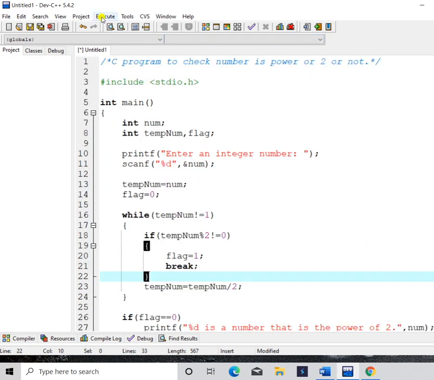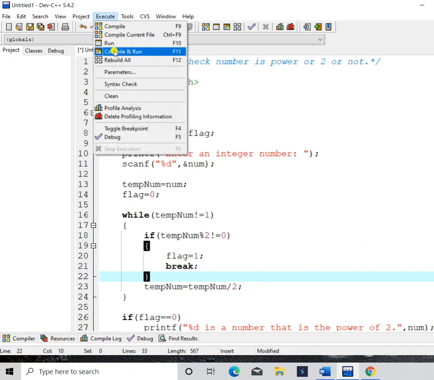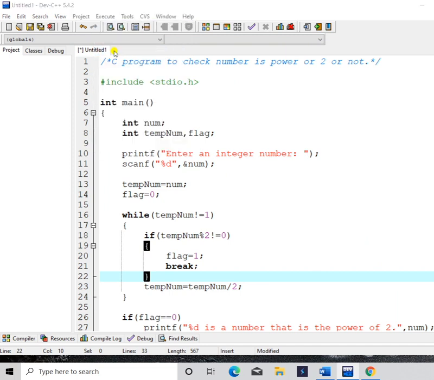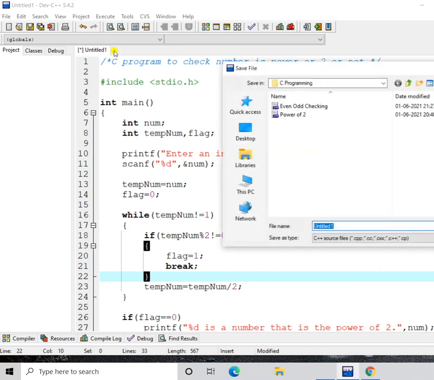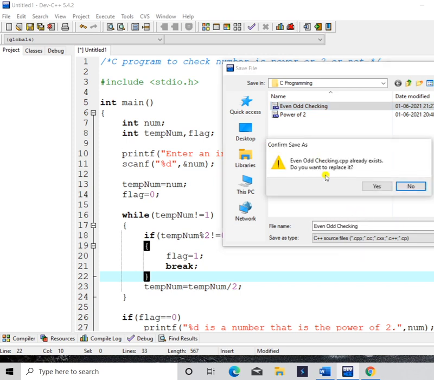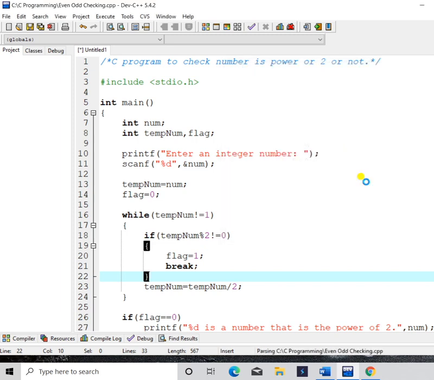So I am going to compile this program, and I am going to run this program. So let's see. Here I am going to save. Yes, I want to replace it.